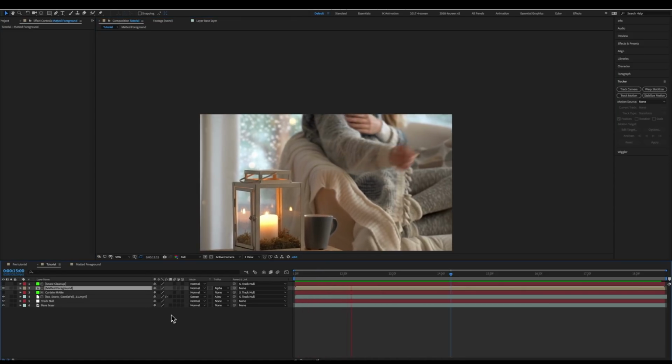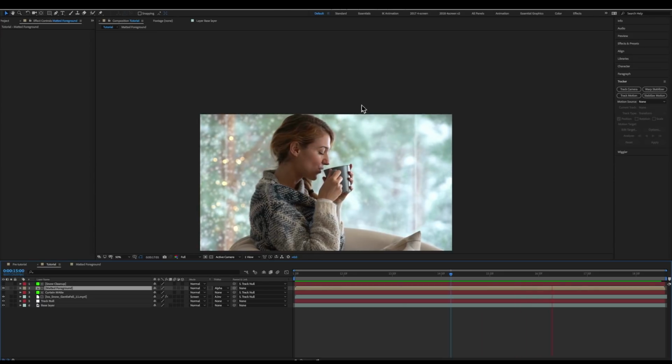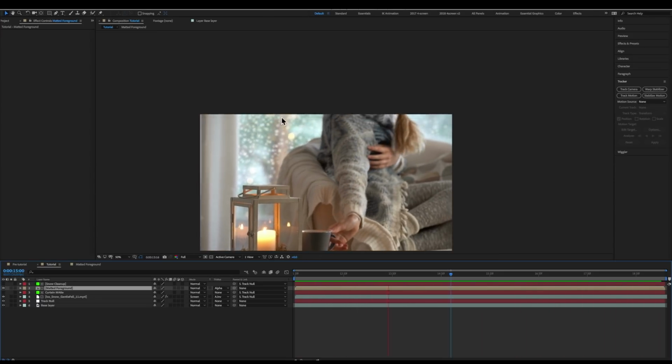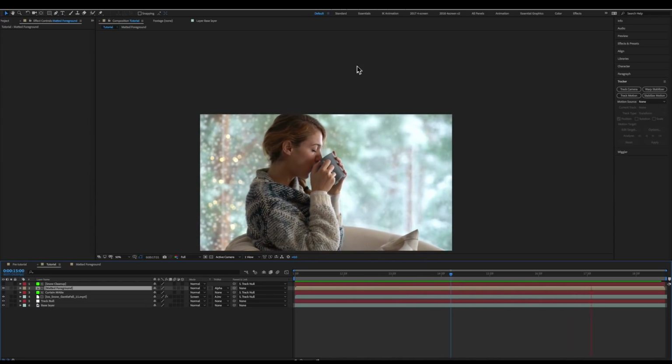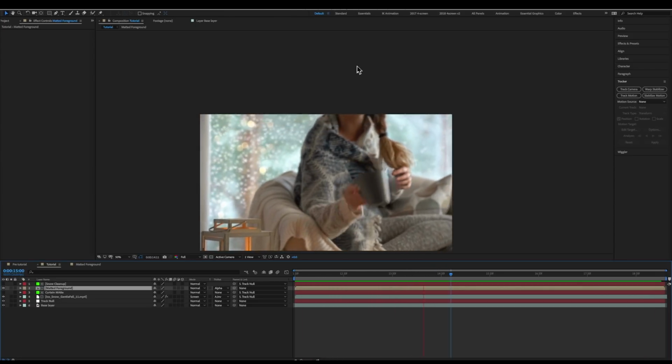There you go. And as you can see, relatively quickly, we can get a really nice convincing composite. Really didn't take a lot of time. Makes the shot much cozier. I'm a fan. Also, is it just me, or does she look a bit like Sansa Stark? Clearly, winter is here. Okay, let's move on to Premiere Pro and take a look at using some Arctic elements